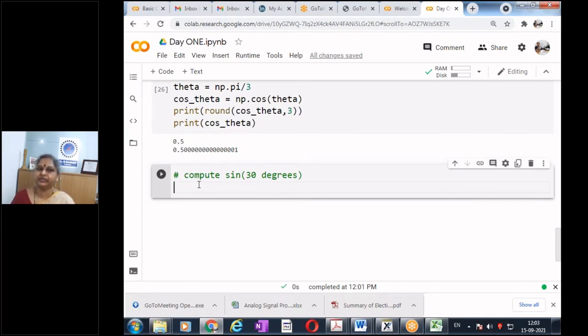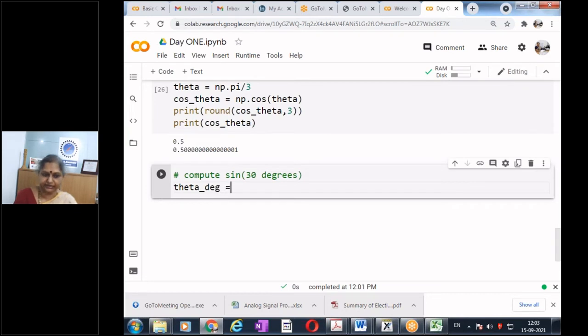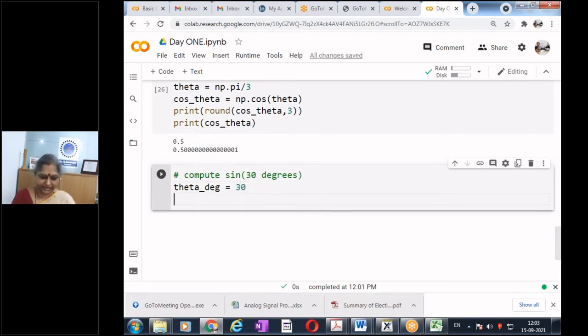How do we convert degree to radians? Who remembers it? How do I convert a degree to radians? So my theta in degrees is how much? 30 degrees. So this is what I have. I need to convert theta to radians. How will I get it? Theta in degrees, what should I multiply?